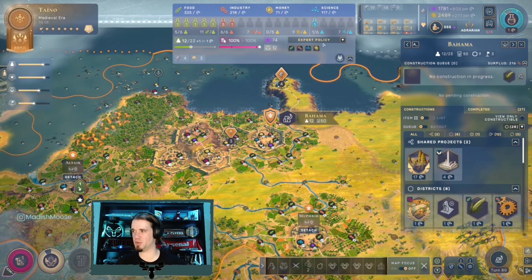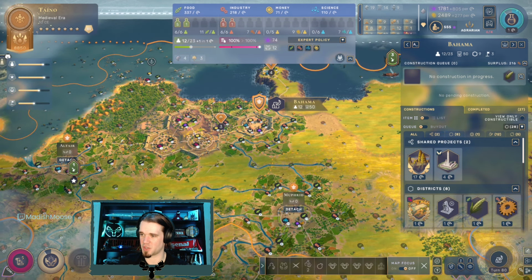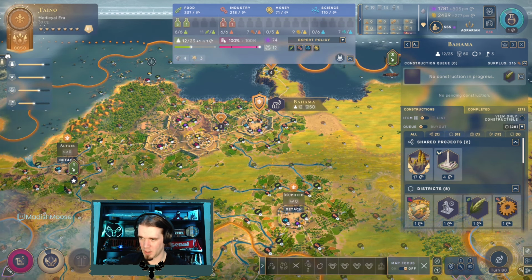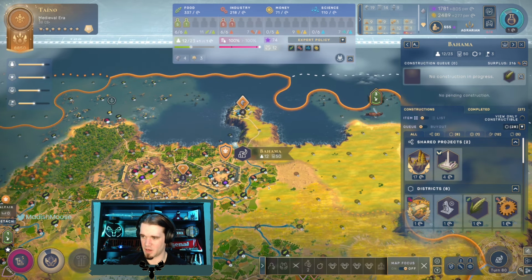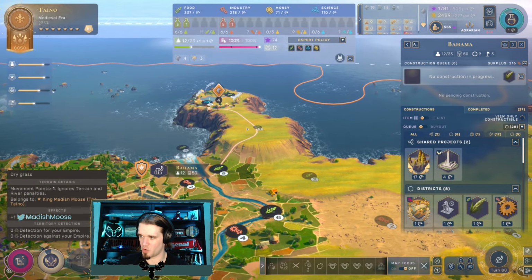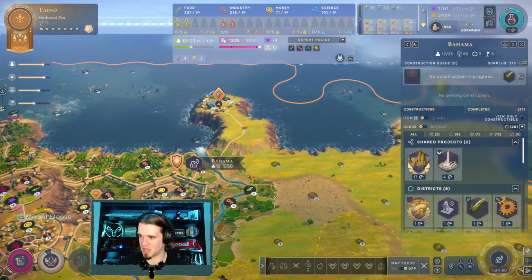Bahama needs to get building something. Let's get you guys back on expert policy. We obviously don't need food, and we need districts, right? We've got a market quarter, a farmer's quarter, and our commons quarter out. We need a maker's quarter and a research quarter. The research quarter is going to go right here, but we need to build out to it. So we need to decide...